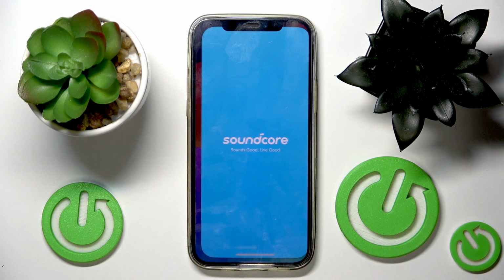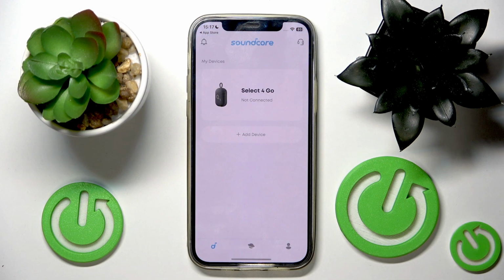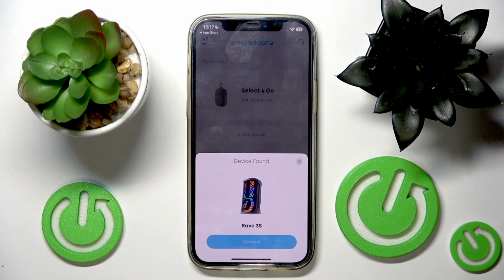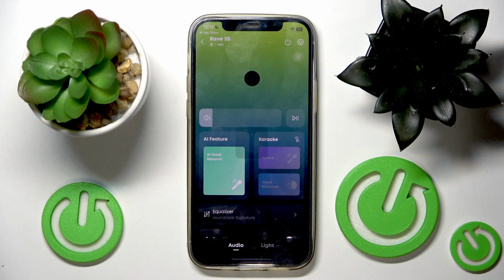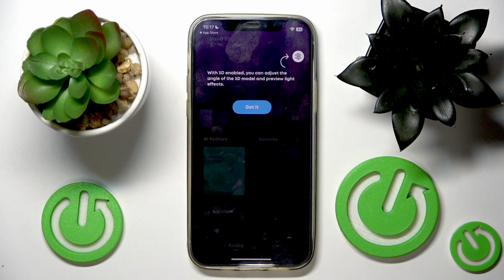Then we have to open our application, grant permissions for Bluetooth and for everything else, and then as you can see, now we have device found. We have to tap connect, and if you have your device not found, you have to click the Bluetooth button